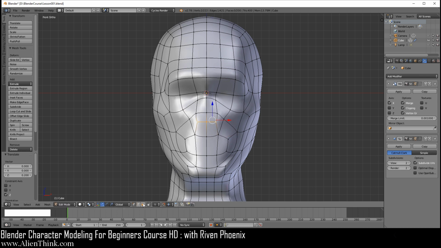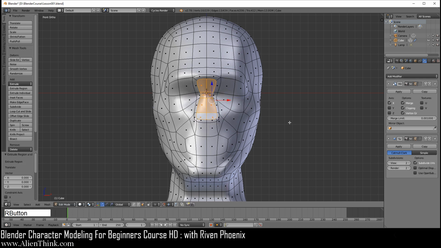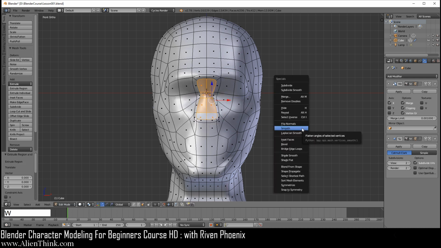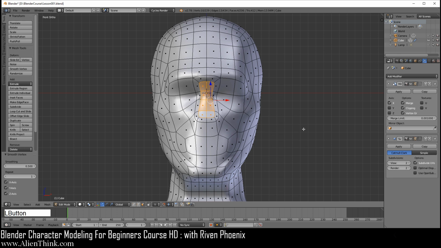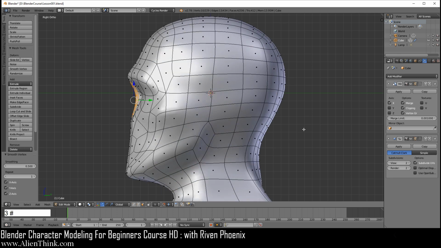You can go to your face select mode. I'm going to go ahead and select this one, shift key down, this. Now you're going to do E to extrude and you're going to cancel that. You're going to do W smooth 3 times, 1, 2, and then 3. Going to go into your right view. You're going to take this to the left 1 time. Now you're going to press the letter R to rotate. Now you're just going to nudge it 1, 2, 3, 4, 5, and then 6. Okay.